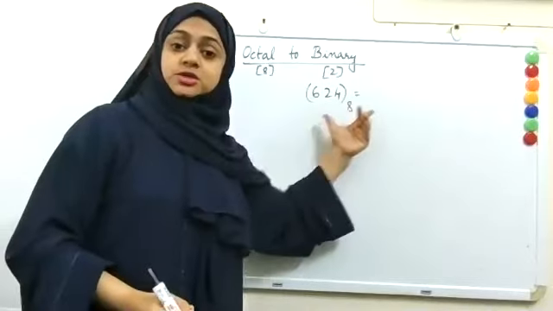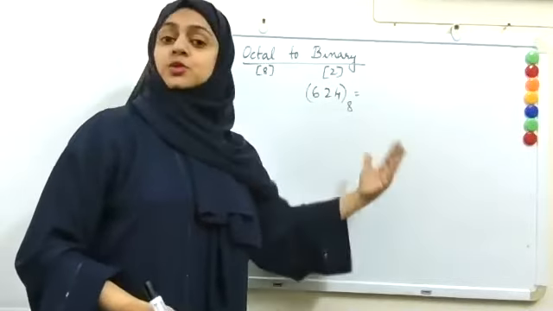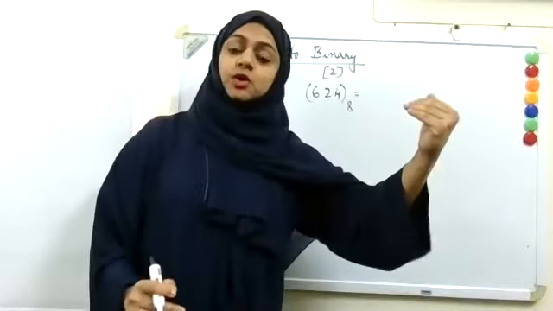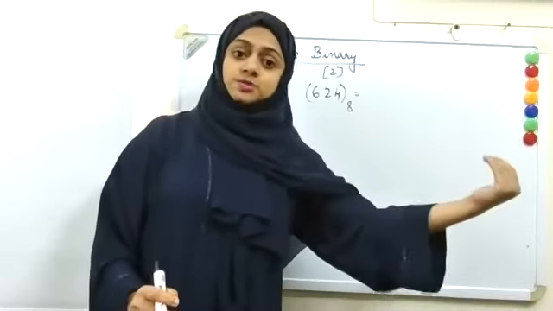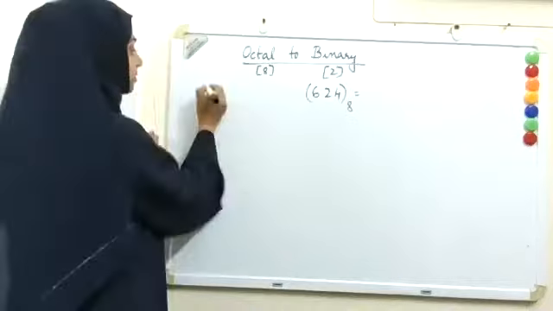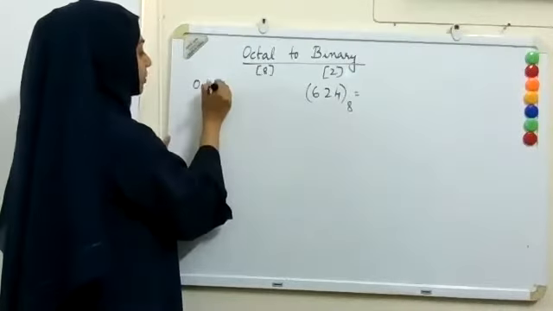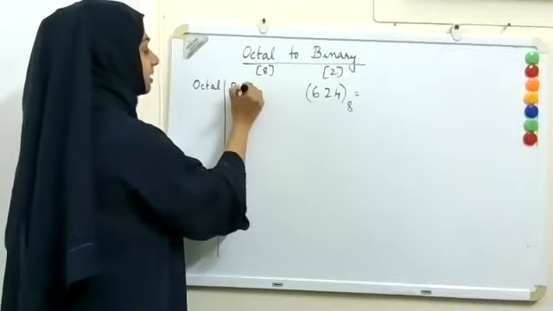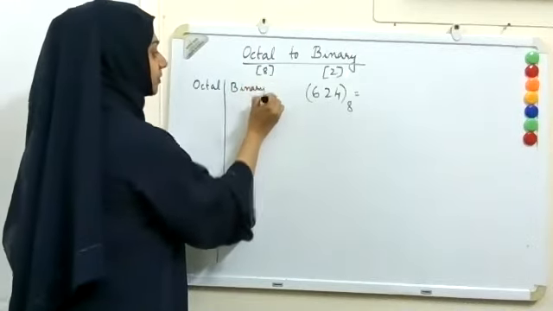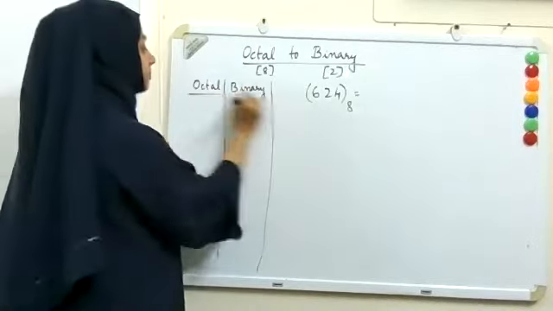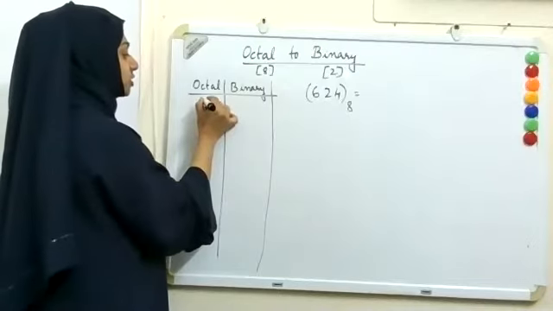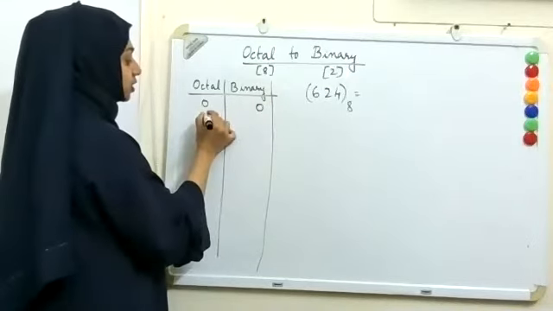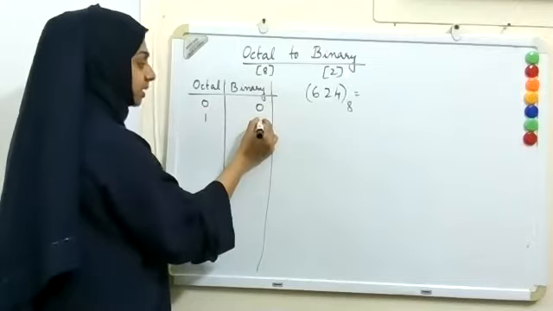To convert an octal number to binary or to do otherwise, we will make a table of the octal digits and also the corresponding binary number. So let me make here a table. I'm going to write the octal numbers here and here I will write the binary numbers. Okay, you can help me. So corresponding to 0, what is the binary number? It will be 0. Corresponding to 1, it will be 1.